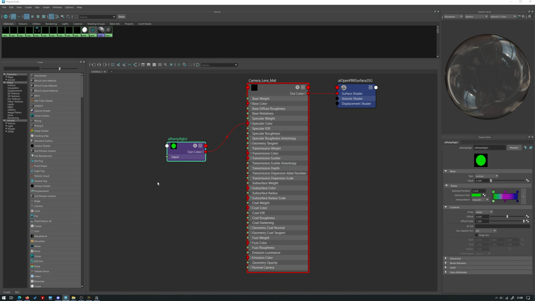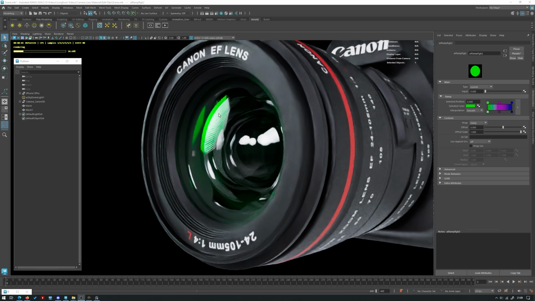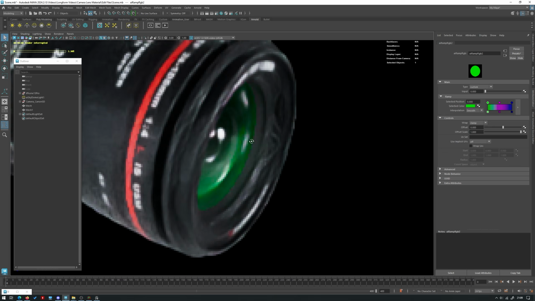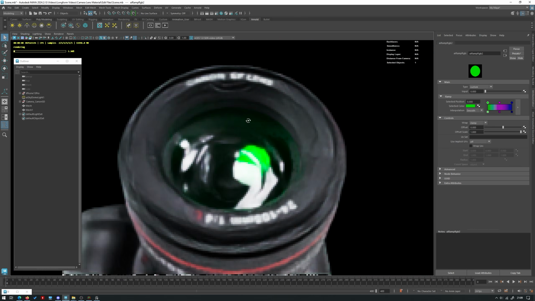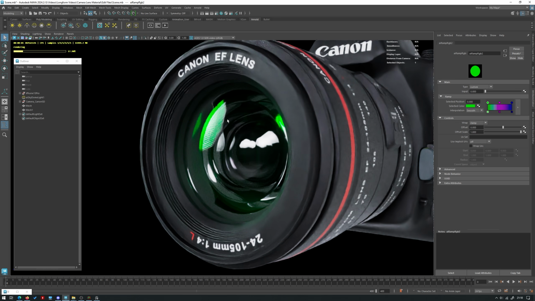Okay, now that that is set up, we have one more thing to do. If I come back to our scene and go ahead and render that, you can see all that we're getting at the moment is green, okay? No matter which angle I look at this lens from, we're getting green. And it is working, as I said earlier. You can see that the specular now has gone from white to a greenish color,